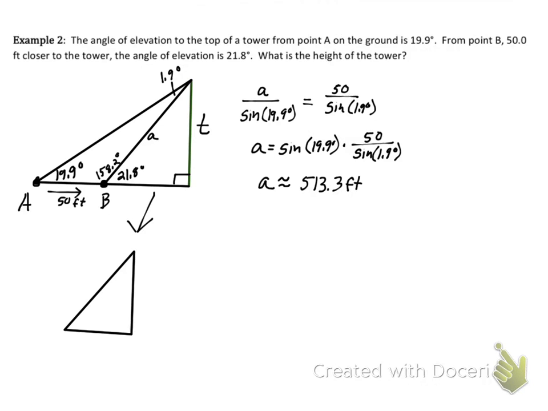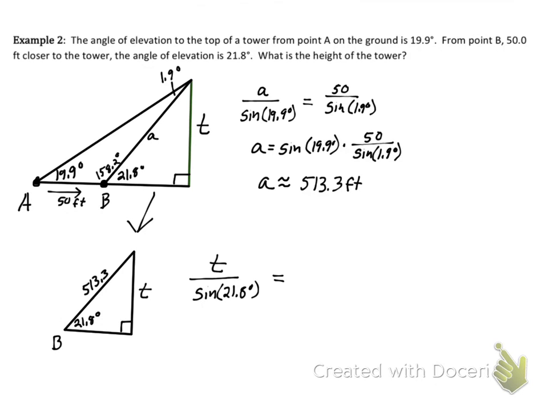The reason I'm doing this is to keep everything clear of what we did. 0.8 degrees, that's my B. We know that this is 513.3 feet now, and I know that this is 90 degrees. The good thing is, I know this angle and I know this side across from it. So all we're trying to do is find this missing side. We use the law of sines, where we put our sides on top. So T over sine of 21.8 degrees